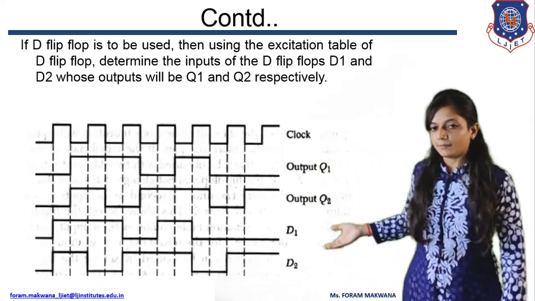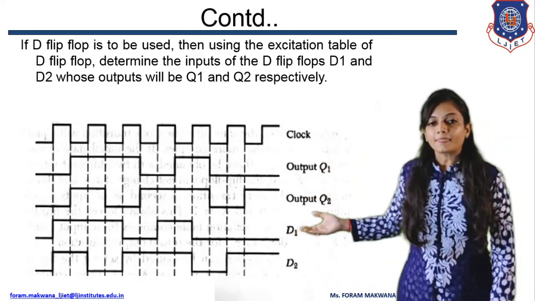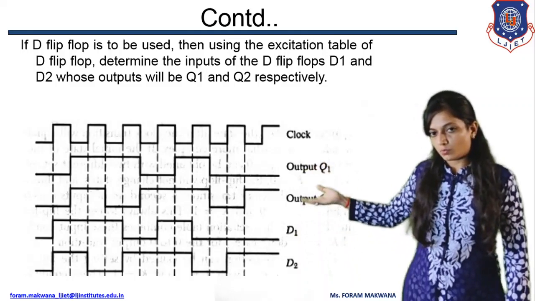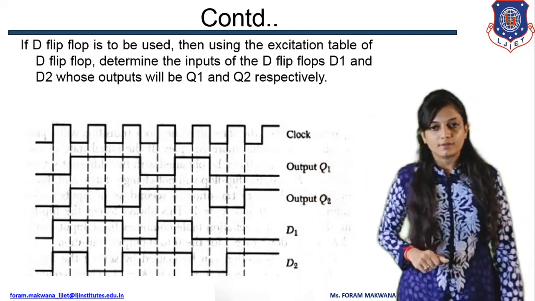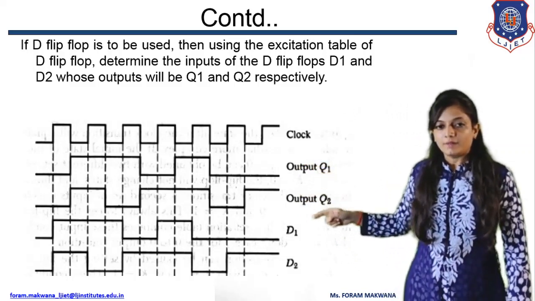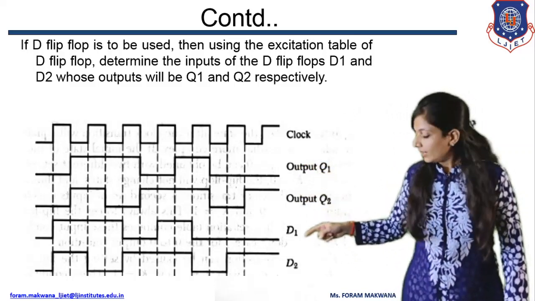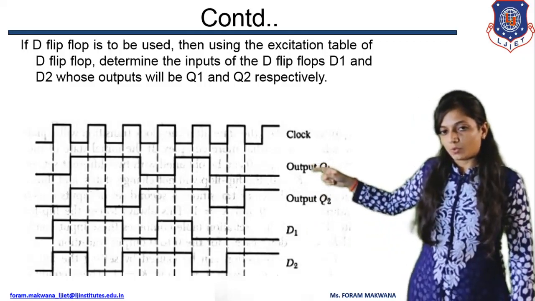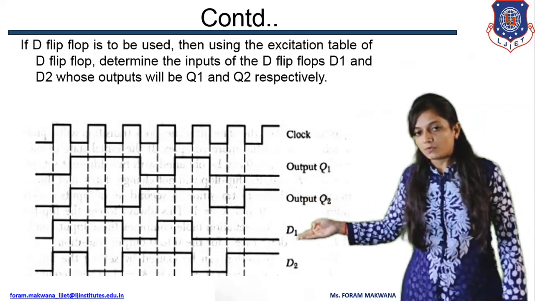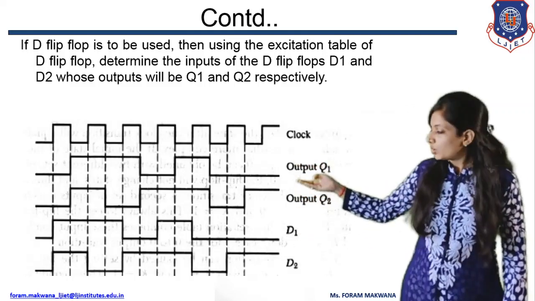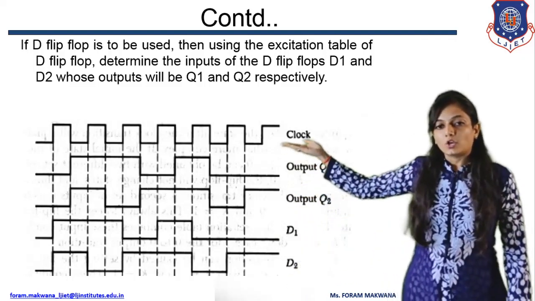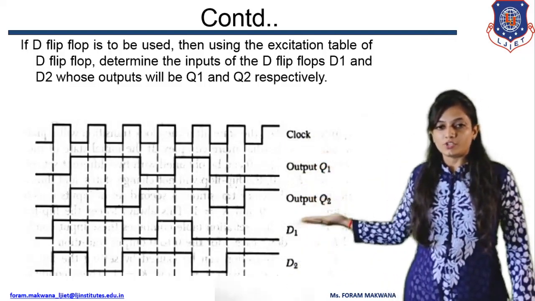So this is a timing diagram for the FSM, in which it has 2 inputs, 2 outputs and the clock pulse. You can see over here that input D1 and output Q1 are related. Based on the change in state of the clock and the input D1, my output Q1 is going to change. And based on D2 and the clock, my output Q2 is going to change.